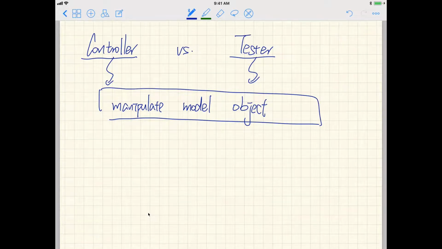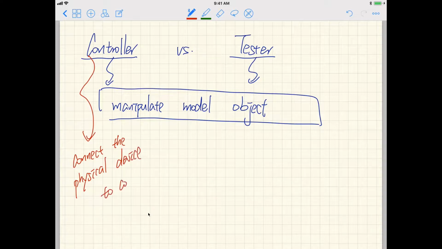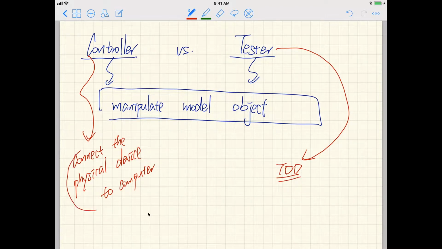However, in the case of the controller, in order to test it, you have to connect the physical device to your computer. However, the tester is not really for a formal release. It's only for testing the correctness. It's actually for TDD, test-driven development. It should not be done in the last step. You may launch the controller in the final stage of your development, but you should really do test-driven development along the way. So now here, for the tester, no need